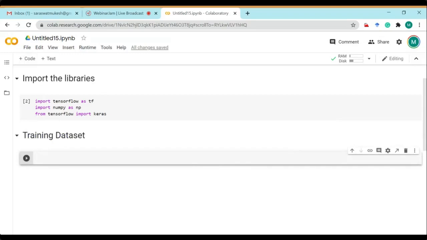Now in this particular example, we are taking only a single feature to simplify the operation, meaning only a single value of x. That means we will find a y equals 2x type relation. No more x will be taken, so there will be only a single feature, and the n value will be 1. This way we can define train x.